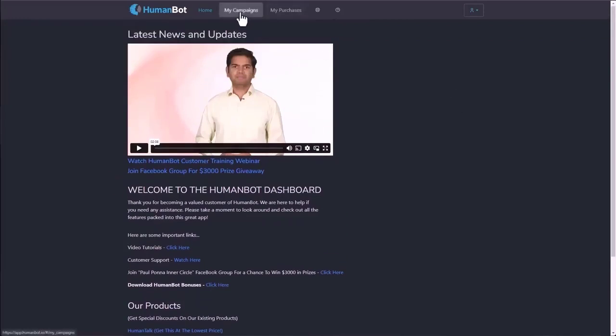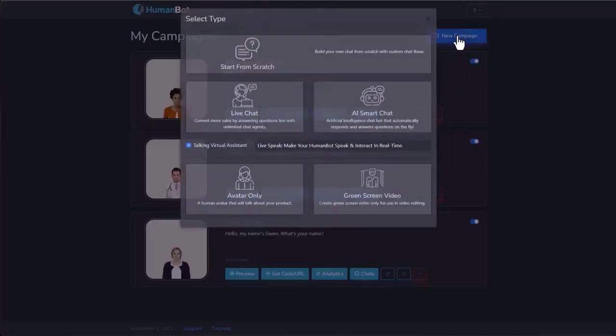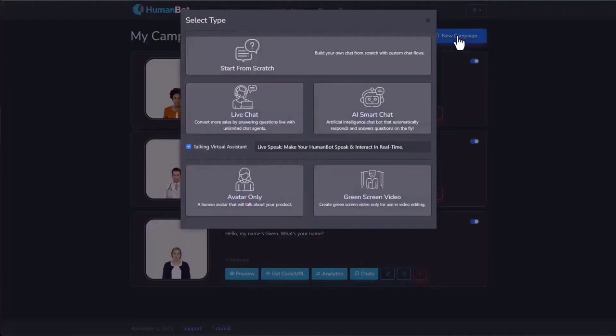We want to click on the My Campaigns tab and then click New Campaign. Now first, we get to choose the type of campaign that we're going to create. This top option, Start from Scratch, this is our blank canvas. This is going to give us an empty chat tree, and we'll add all the blocks to build the chat